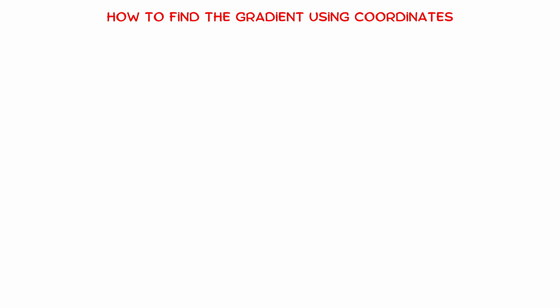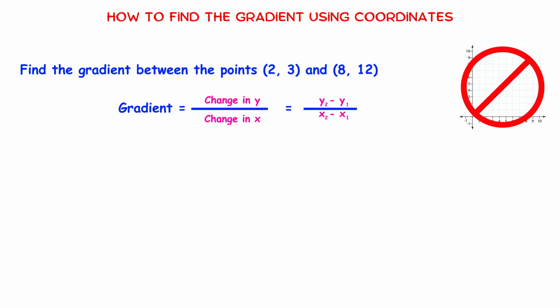In this video, we're going to cover how to do questions like this one where we need to find the gradient between 2 points, but we're not given the graph that they're from. The normal way you'd find the gradient is using this equation here where we divide the change in y by the change in x. However, if we're only given coordinates rather than the graph, then it's easier to use this